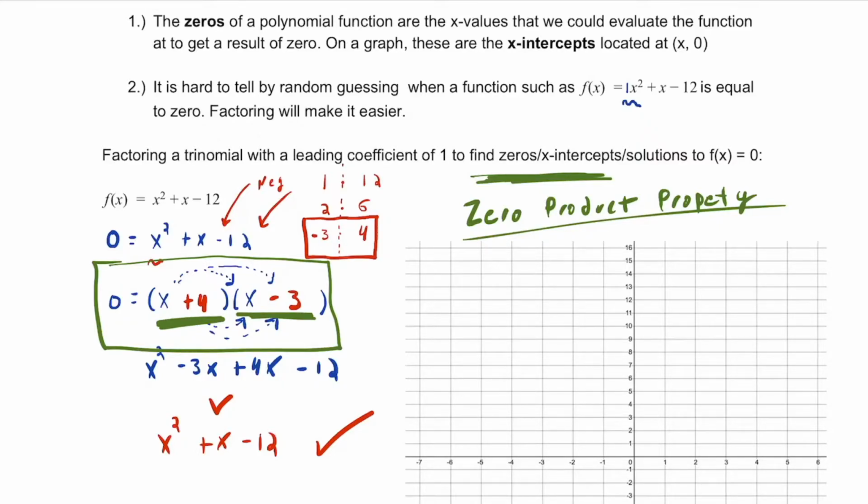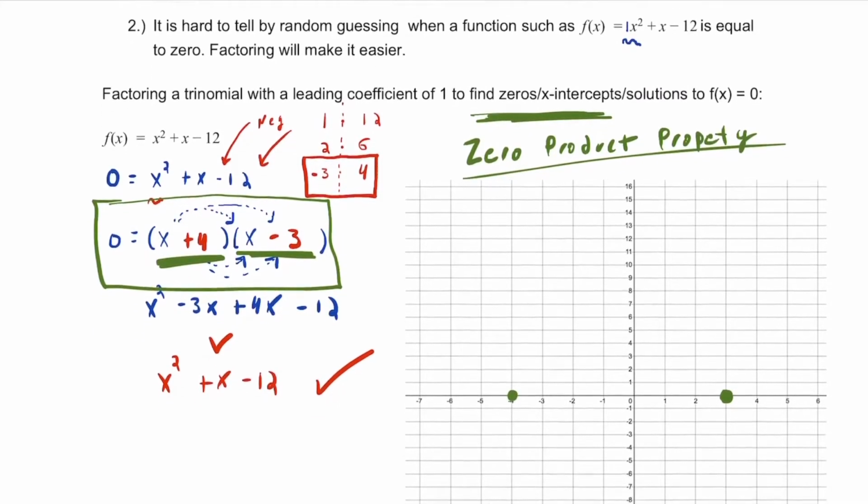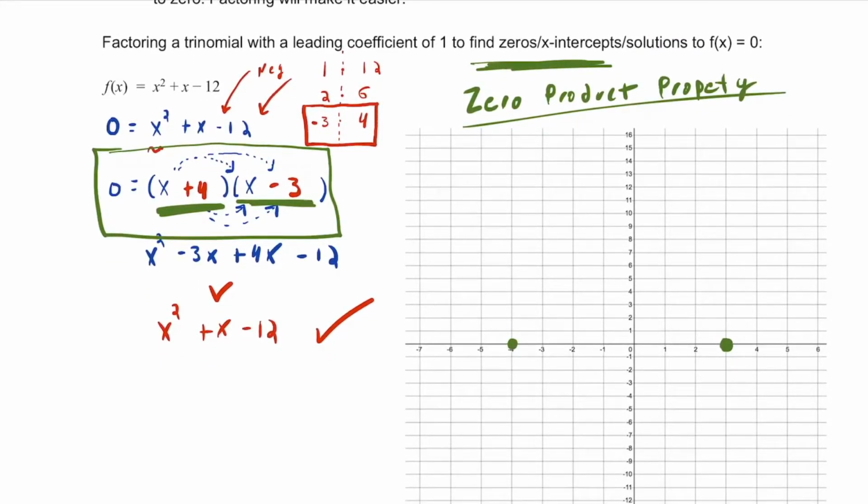And so remember, we found by guess and check, we already knew about 3. And that checks out because if you plug a 3 into the x minus 3 term, you get 0. The other one is the number that would make x plus 4 zero if we plugged in for x. So it's the opposite. It's negative 4. And so, we also know that the y-intercept here is negative 12 because that's what would happen if you plug